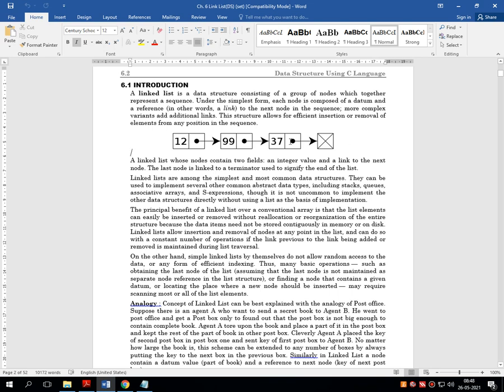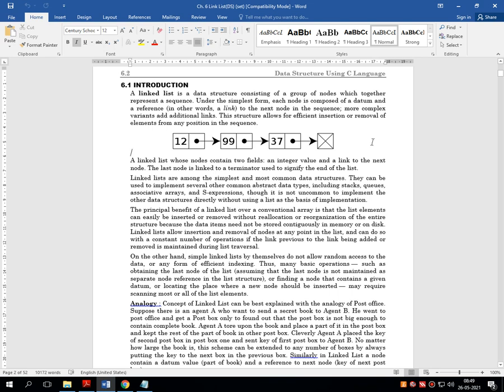Again, say for example 5 nodes are there in my linked list. The first node references the second node, the second references the third, the third references the fourth, the fourth references the fifth, and the fifth is the last one.